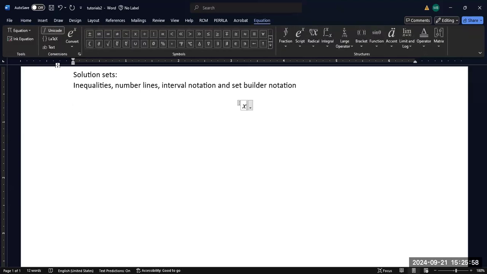So if we have the solution to an inequality, usually when you're done solving the problem, it's expressed in the form of x, an inequality, and then the number that represents the cutoff between where there is a solution to the inequality, where the inequality is true, and then on the other side, where the inequality is not true. So in this case, if we have x greater than 4, then this is our inequality. Now, if we want to draw this on a number line,